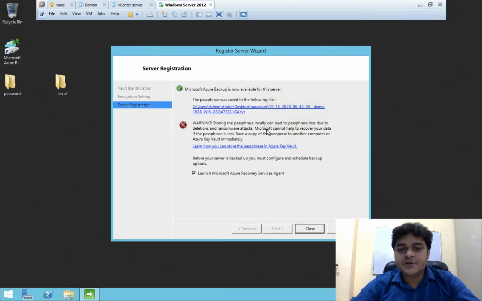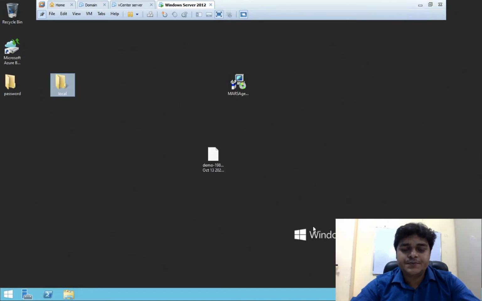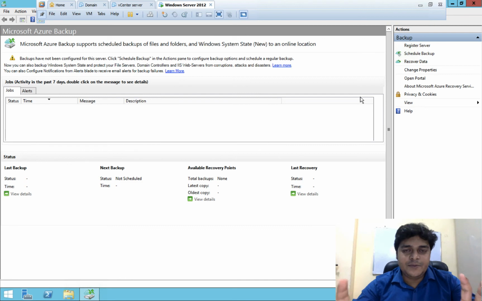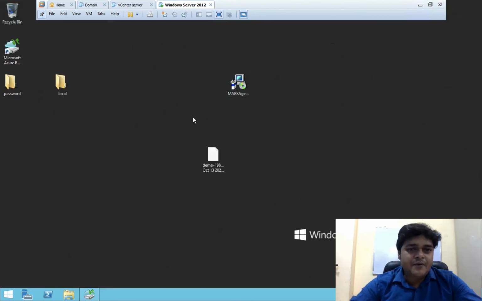Now it's approved successfully. No need to do anything. Just click close. Once you close the installation wizard, you will get a wizard like this. This is Microsoft Azure Backup, and it's pretty much similar to a local server backup policy. So now here we need to use the same procedure. We are planning to take the backup of our local folder and password. So I'm going to put our data as one setup and one our key. So we are planning to take the backup of these two different folders.